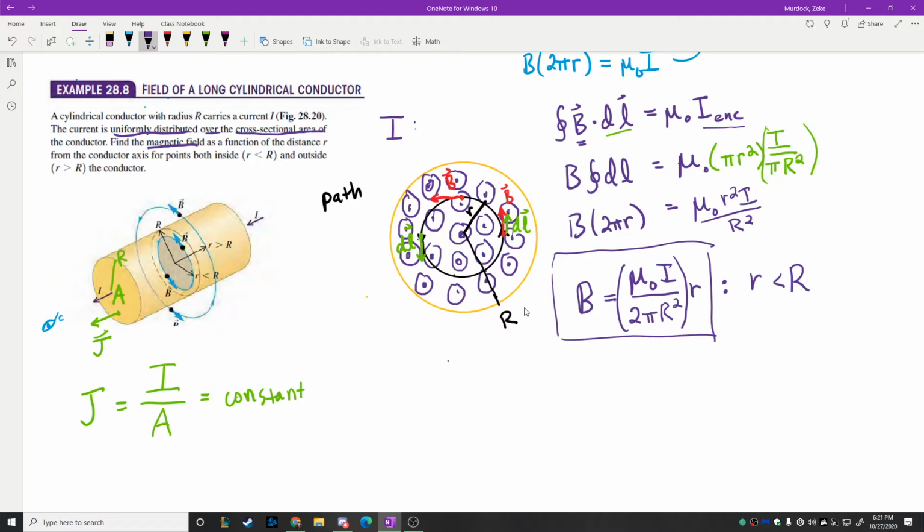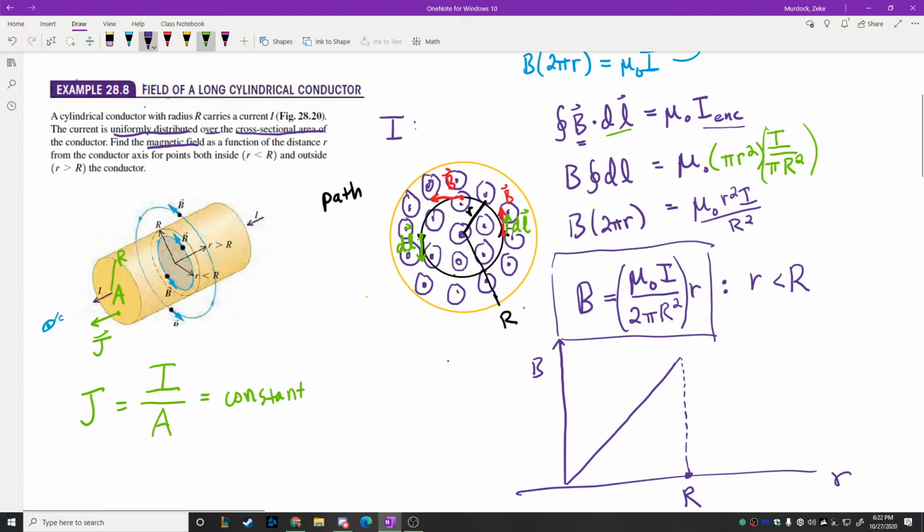What would that look like if I plotted it? Assuming that all the things in parentheses here are constants, yeah, linear, right? Yeah, absolutely. If we plot the magnetic field as a function of the radius, and we come up to a point capital R, then we would just have a straight line. And right at that point, I need to make this axis just a little bigger here, I guess. Here we go. So right at this point right here,